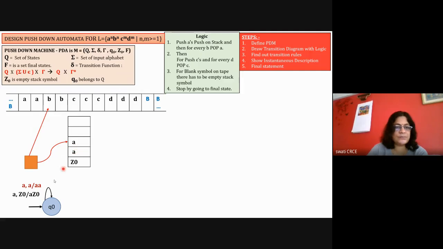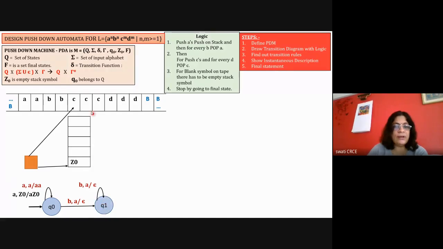Now here B comma A: perform the pop operation. So with B, it will go ahead and perform a pop operation. B comma A is equal to epsilon. For this B, this A was there, so it is removed. Now for this B and A, it will loop here in Q1, because there can be three A's and three B's. If they are, then the loop will work. So in the loop, B comma A is equal to epsilon. The second B is deleted.